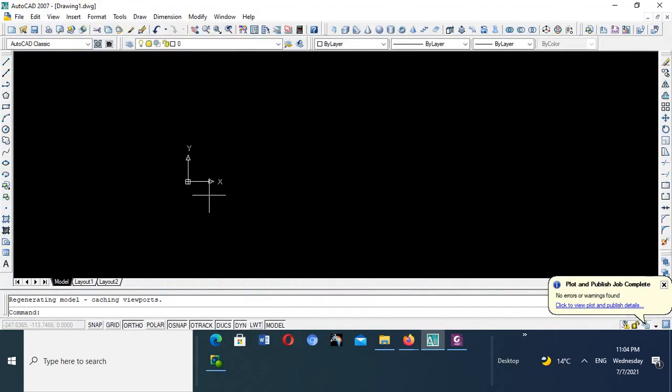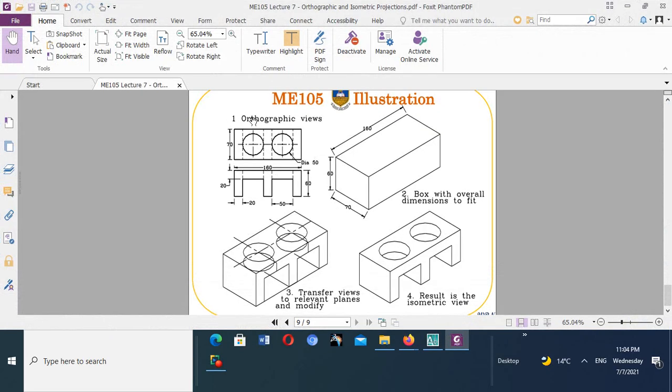This is our AutoCAD. We know this window by now. We are familiar with this window, we have been using it for quite some time. Then we want to draw this figure. So this is our orthographic that we've been given. Then we'll draw this box, and we want to put these views. This we call the plan view, and this the front view